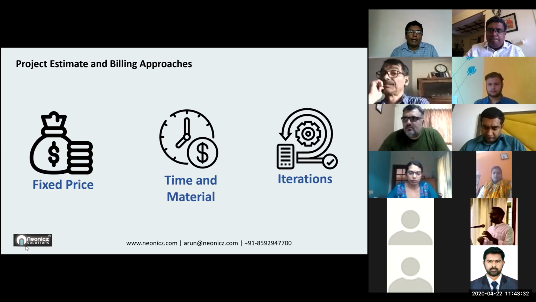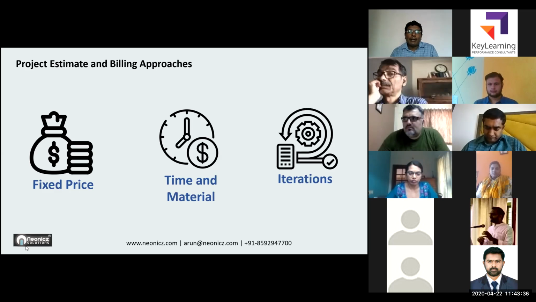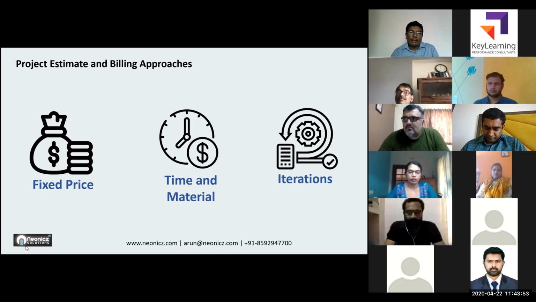So your product which you are thinking of right now might not have relevancy after 2 years. In that case, you should plan iterations. Say iteration 1 is more like a mixture of fixed price and time and material. So you will have a particular iteration.